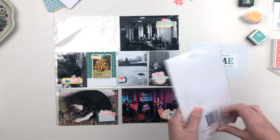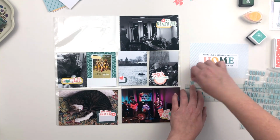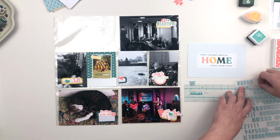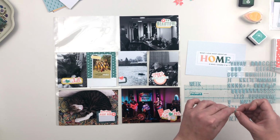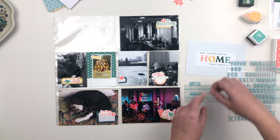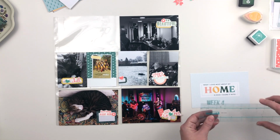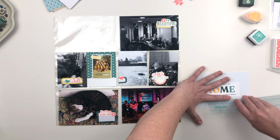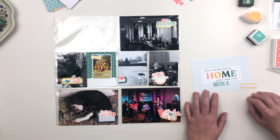So I have things down on my photos now. Nothing is adhered yet. I've just kind of placed them down where I think I want them. And then I'm going to work on my title card. So the title card I chose is one with a sentiment on it. It says, "What I love most about my home is who I share it with." And since most of these photos were taken at home, I thought that was a pretty good card to use